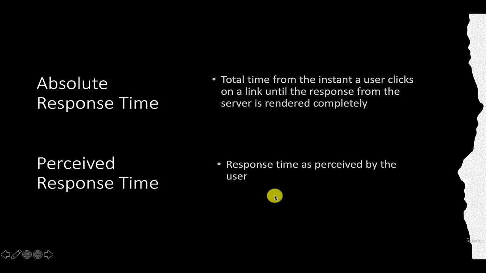This is the response time as perceived by the user. What does this mean? For example, you might have a complex web page that has a response time which is very high, okay? It is unacceptably high. In this case, the performance engineers might structure the request and the response into a set of requests and responses, and those could be rendered progressively. So part of the response is received, the user is dealing with it, and the rest of the response is